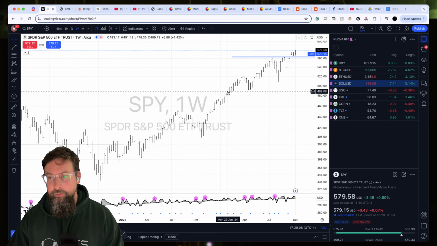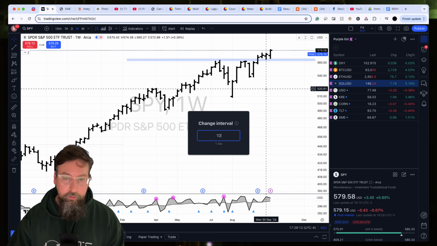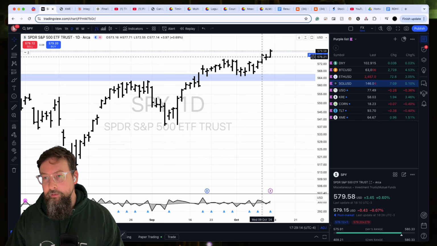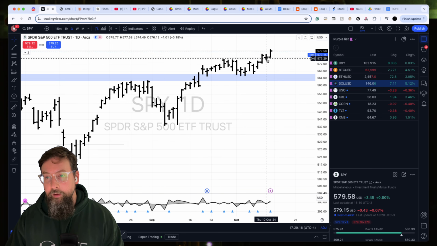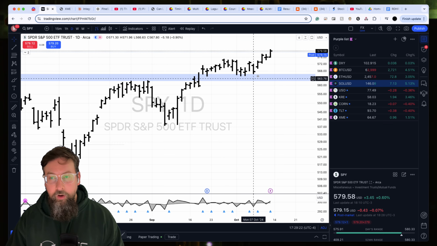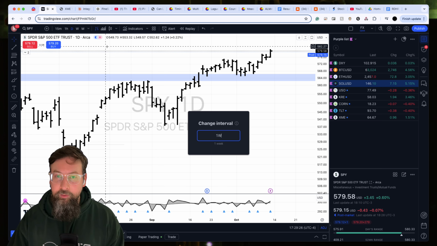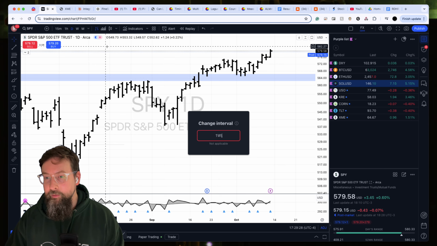S&P 500, not really too much to add today. Broke out to new highs, right? We go into the daily chart, and you can see it broke out, yes, from an inside day on Thursday and a breakout on Friday. Really, we're out of this chop now, which is good, but not super much out of this chop. It's not a huge deal.